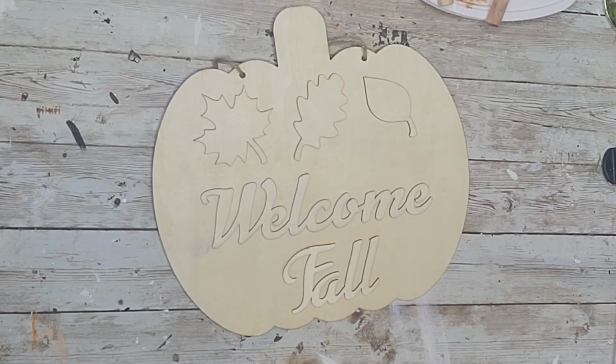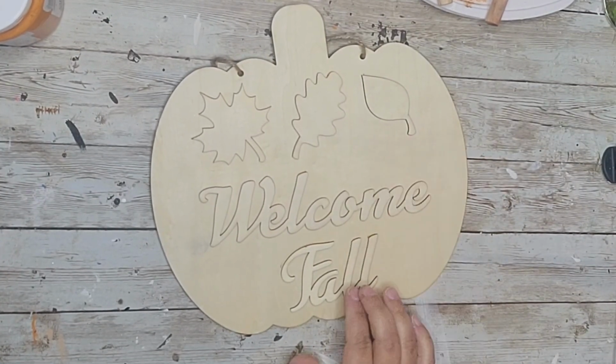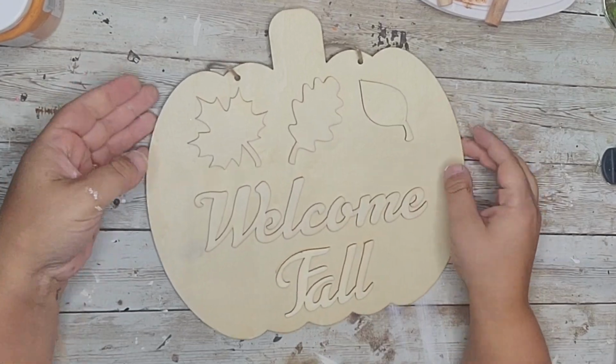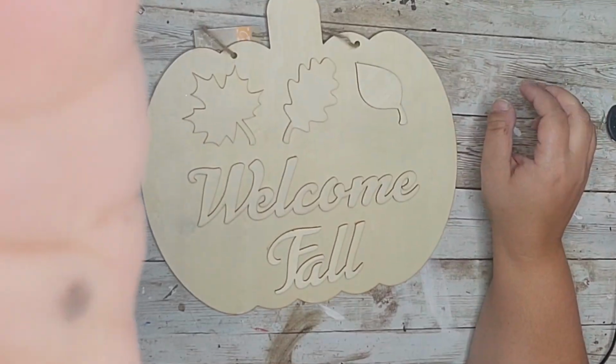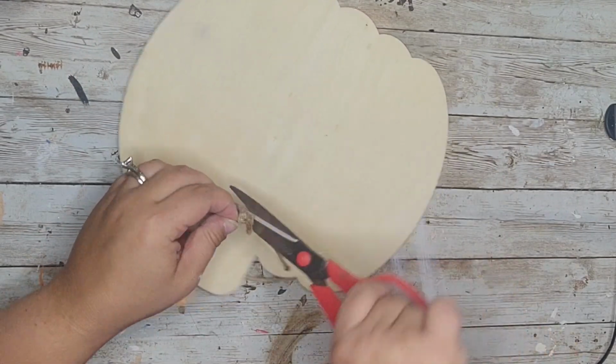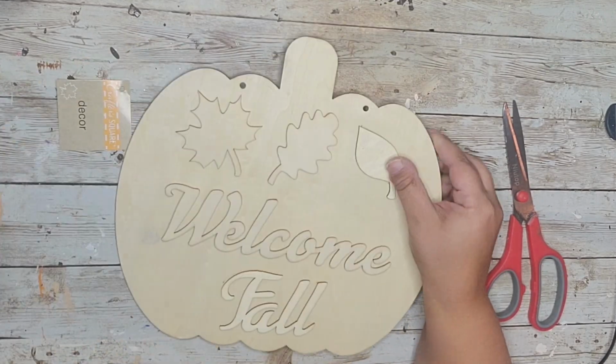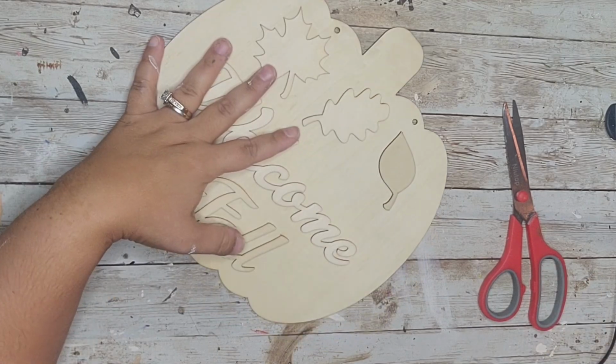For my second dupe, I am kind of getting my inspiration from something I saw at Big Lots. My mom wanted a new door hanger for her front door for fall, and actually she described it, and then I happened to find what she was looking for on the Big Lots website, and again, I had the stuff to make it. So the first thing I'm going to do is start off with this wooden pumpkin,